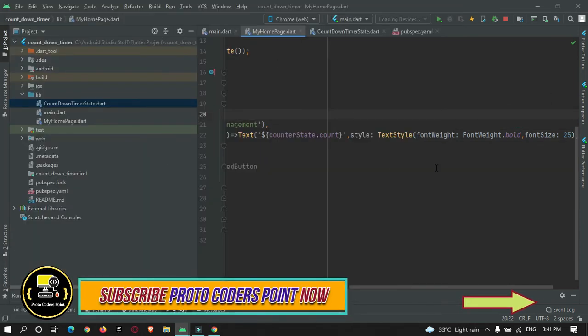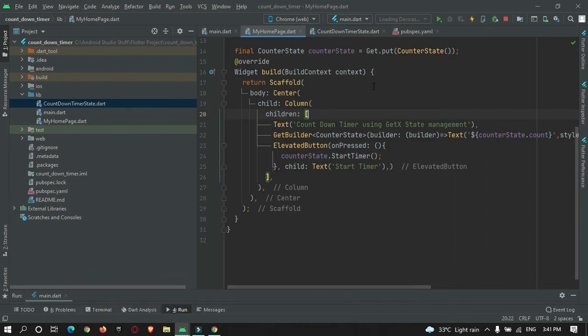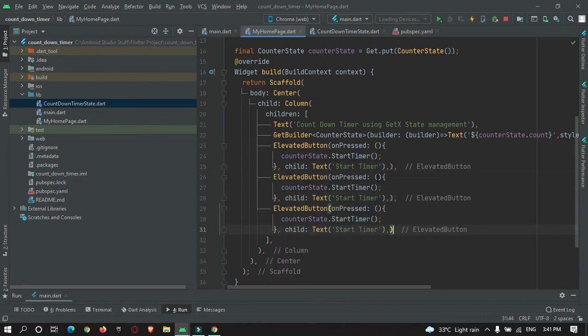Now let's create two more buttons. One is to pause the timer and one more is to reset the timer. I will just copy this. One is for pausing the timer and one button is for reset.